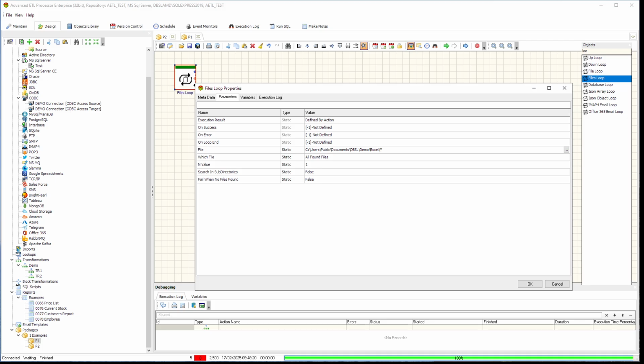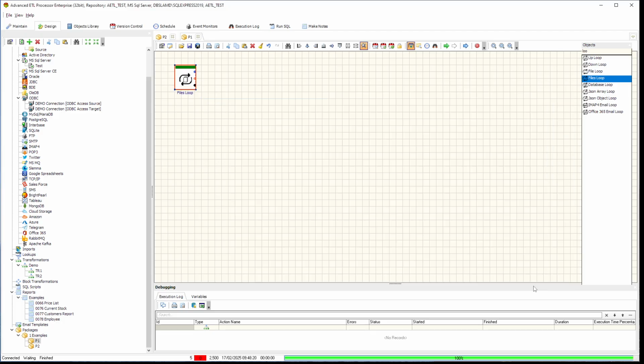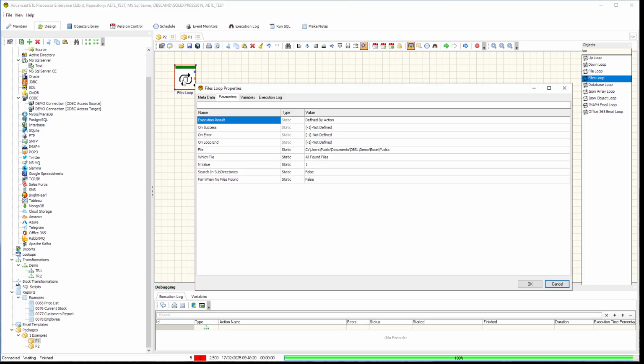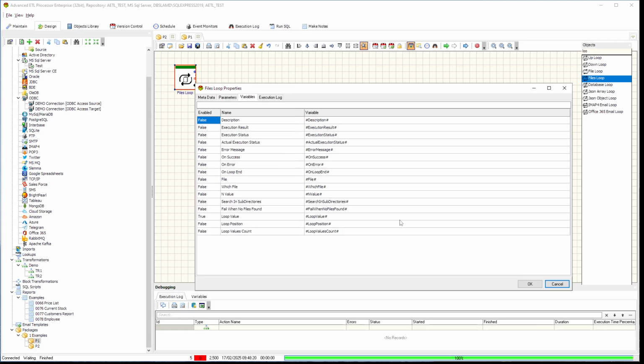to use XLSX as a mask, and we want to process all files. And what we want to do is save the loop value into the file variable, file,